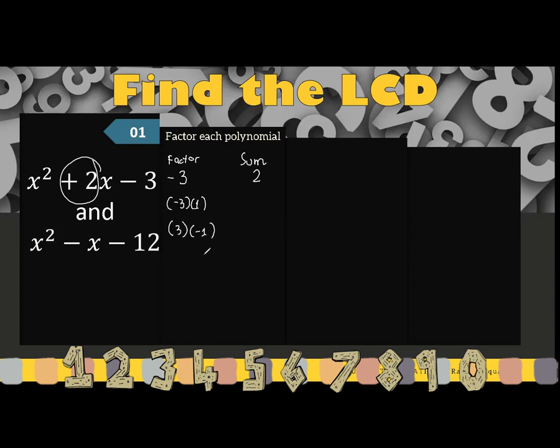So take note, from this given list, you have to find the sum of these two factors. Negative 3 plus 1, and also 3 plus negative 1. Which of these two pairs will actually give you a sum which is positive 2? For the first one, negative 3 plus 1, the sum will be negative 2. The second one will give us the sum which is positive 2, and that satisfies the condition that the numerical coefficient for the middle term is positive 2.